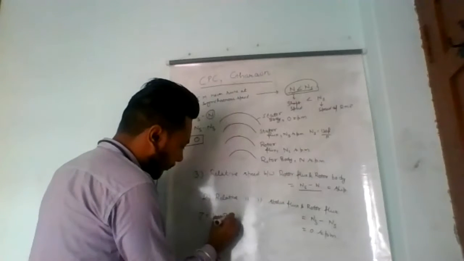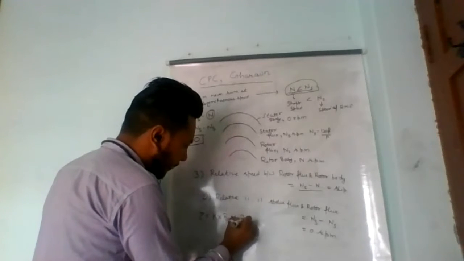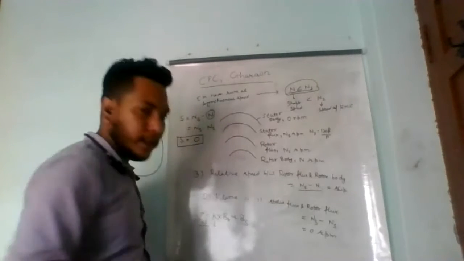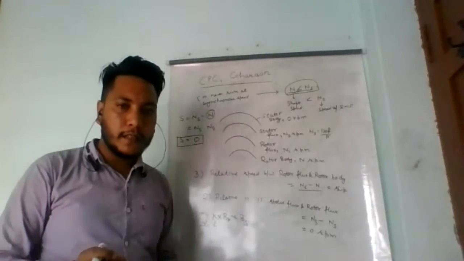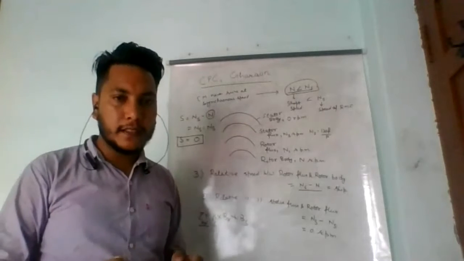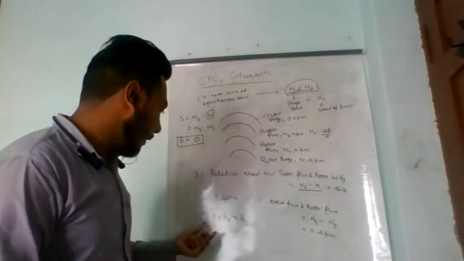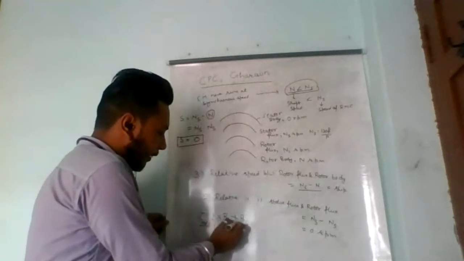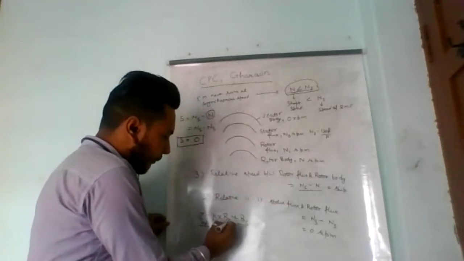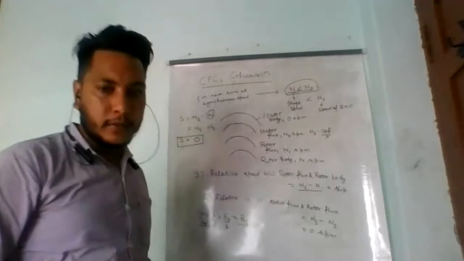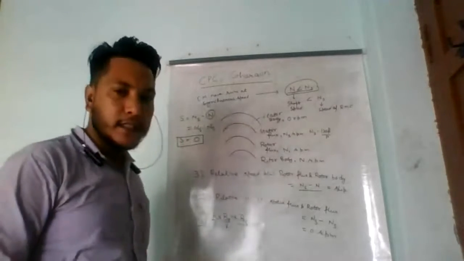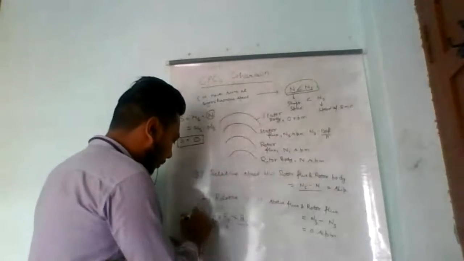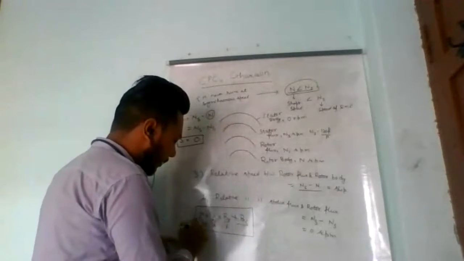This torque is given by K into BR into BS. Tau is the induced torque. This is formed when the rotor magnetic field interacts with the stator magnetic field. The induced torque is given by K into BR into BS, where K is the constant of proportionality, BR is the rotor magnetic flux density, and BS is the stator magnetic flux density. This is the torque induced in the induction motor.